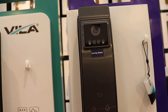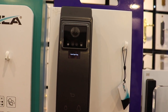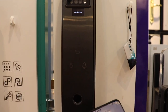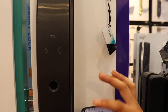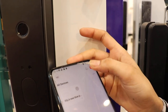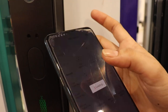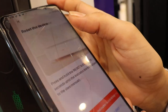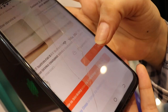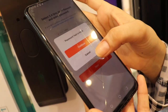Now see, I already registered my face here, so it is open. Then you can just open your mobile application, press add device and go to sensors, and also press sensors plus Wi-Fi, blink quickly, and also here you just